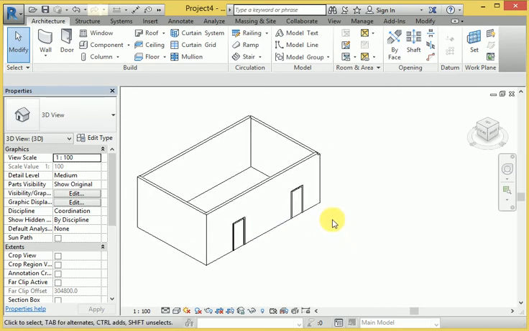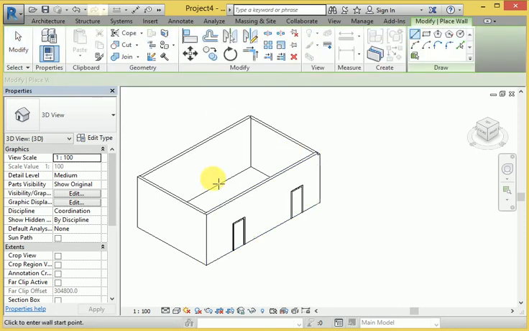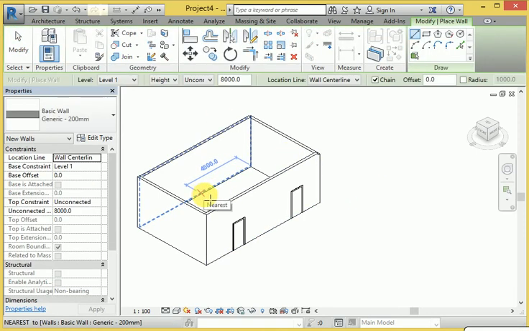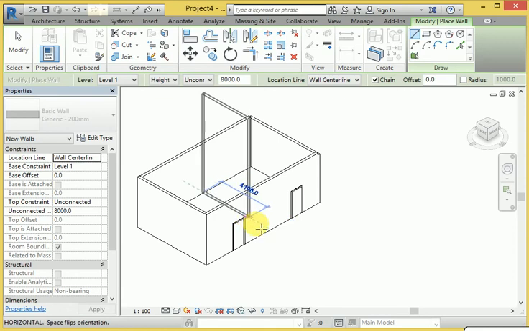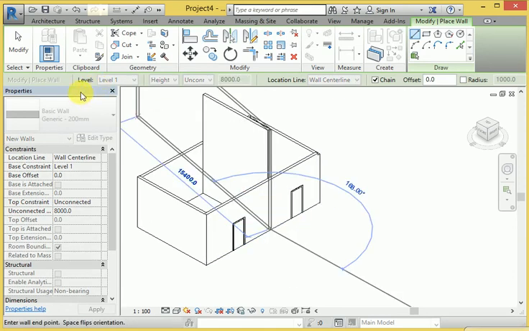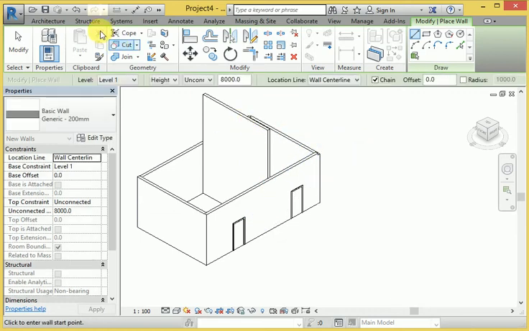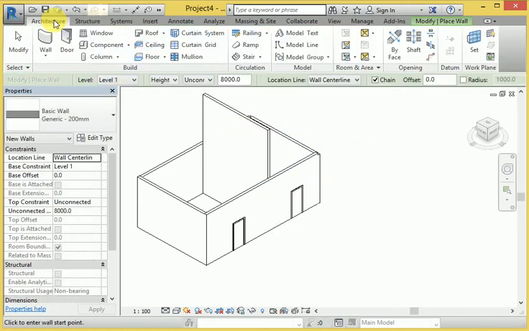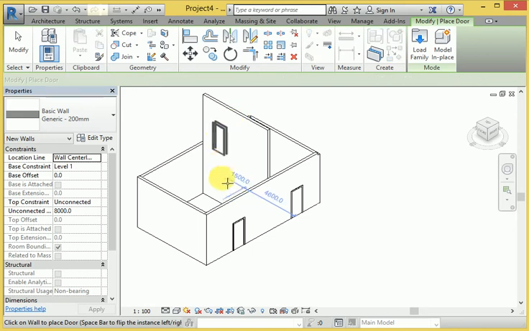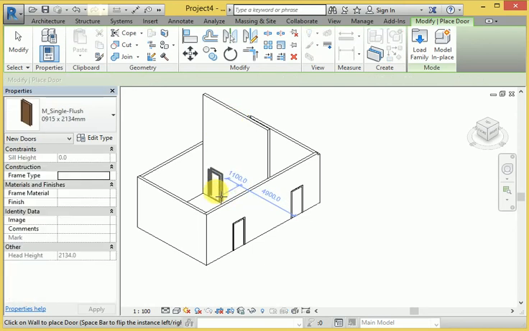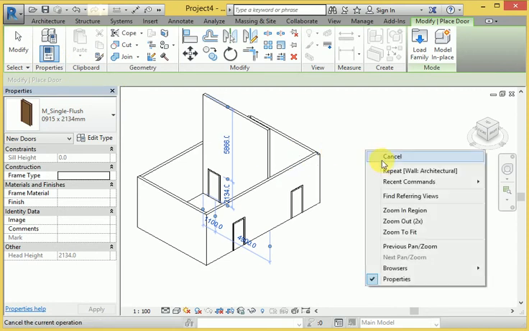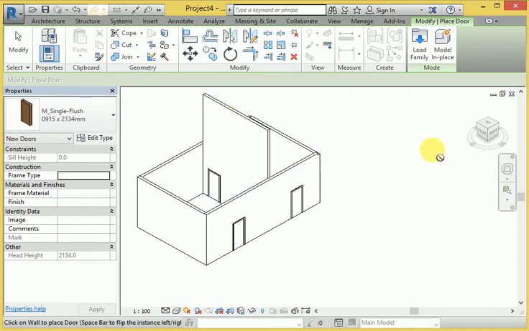So let's again see a different wall connection. Start from this point and just make it, and if I want to get a connection, when I apply the door here, then also click exit right now.